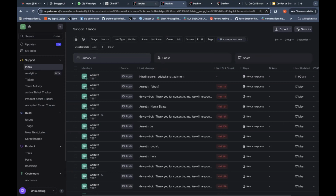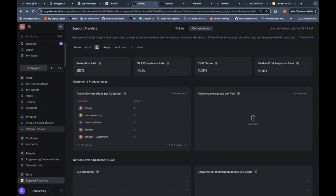In such cases, the resource we use is the support analytics dashboard, which is available in the left nav of the support tab. In the support analytics dashboards, we have the conversations tab. In the conversations tab, when we apply the correct date range filters and also the owner as the particular on-call member, we get 4 important metrics: the resolution rate, the rate at which conversations are getting resolved; the SLA compliance rate, the rate at which the on-call member is not allowing the SLA to be breached, attending the conversation before the SLA is breached; the CSAT that he is getting; and the most important, the median first response time. Here the person has handled the conversations very well, responding to the customer within the first 6 minutes. So this is how we give feedback to the on-call,